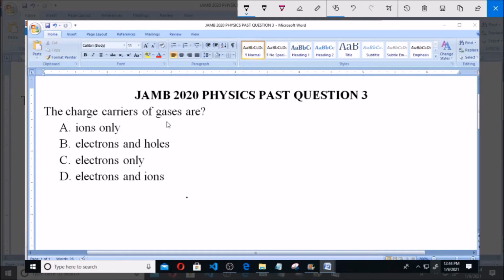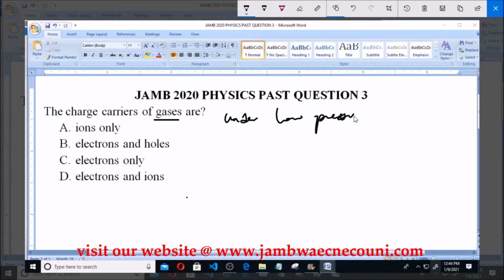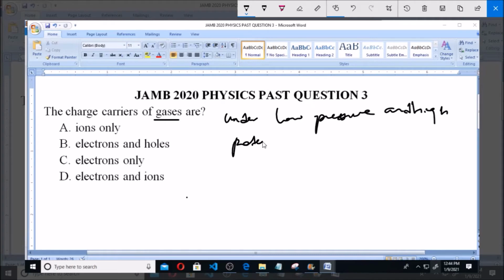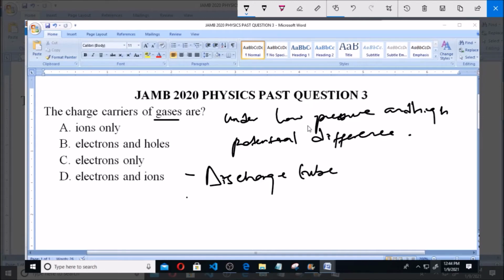Now, gases will only conduct electricity under low pressure and very high potential difference. A typical example of a setup where gases conduct electricity is in the discharge tube. Now, at this condition, when the gas is set under a low pressure and a high potential difference, these gases